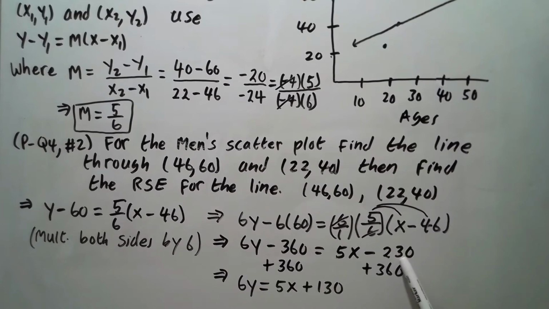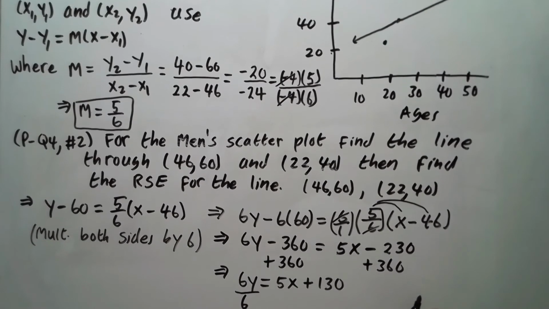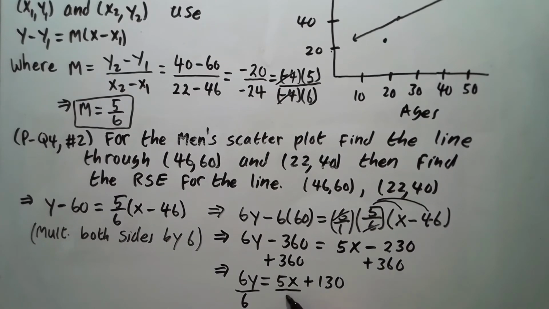Then negative 230 plus 360 is 130. So it'll be 6y equals 5x plus 30. And now let's divide both sides by 6. So doing that,